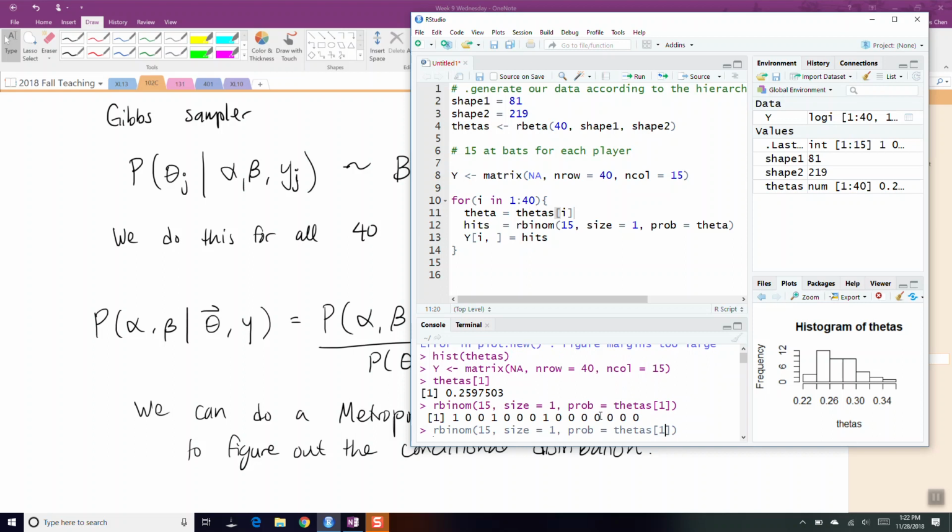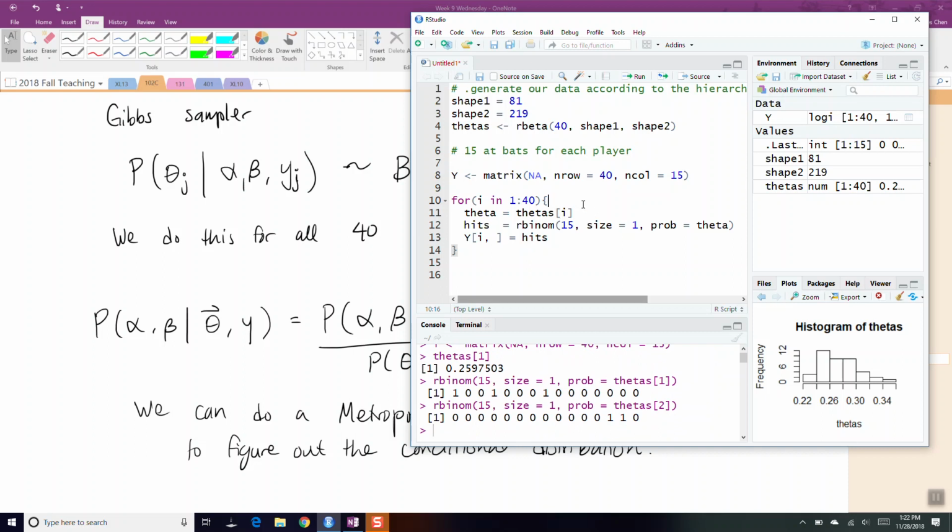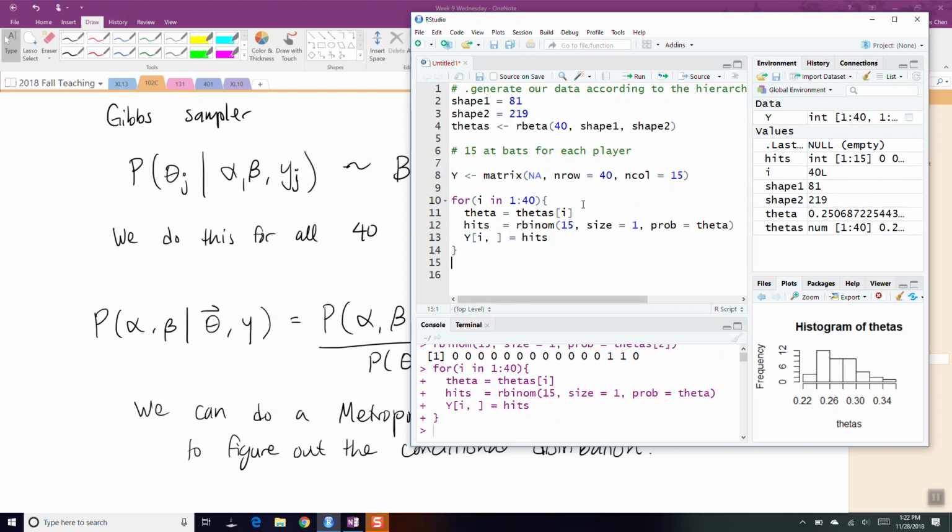And then we say, all right, what about player 2? And we do that, and this is what we get: a bunch of misses and a few hits, okay? And so we'll go ahead and fill out our matrix like this,